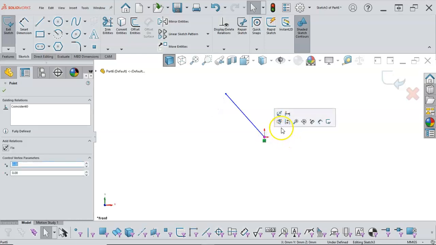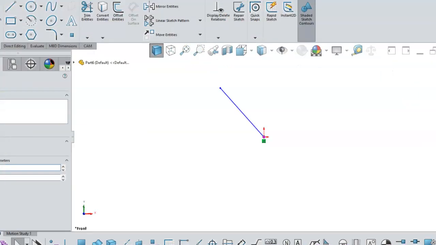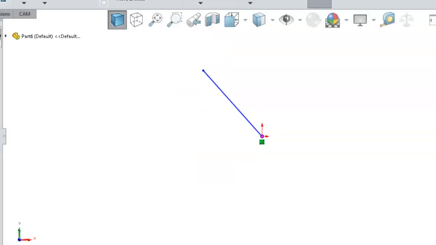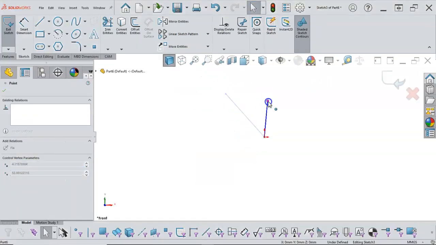And then the relation will pop up, and I'm going to zoom up on that real quick. All right, so the relation is going to be coincident. The endpoint and the origin are coincident, and that means that I've basically placed it to where this line will stretch and shrink and move all the way around, but that endpoint's not going to move